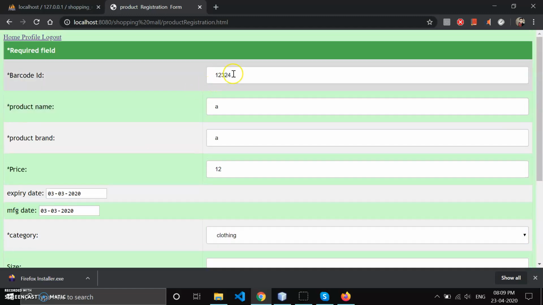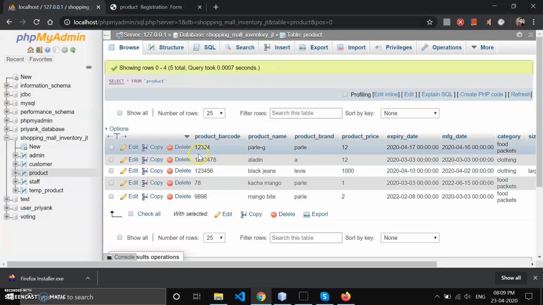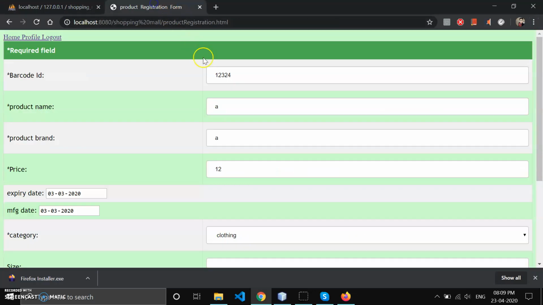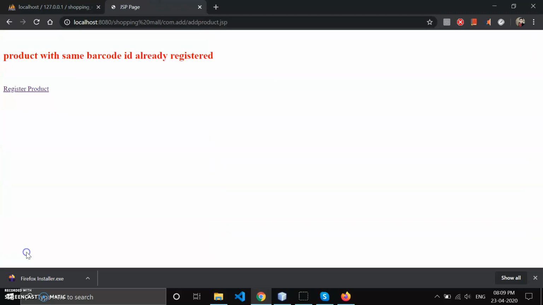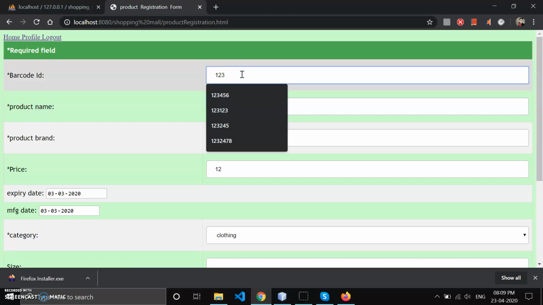This is the barcode ID which we already had: 12324. Let's try to submit it. So it says that the barcode ID is already registered, so we cannot register a product with the same barcode ID. Let's keep it